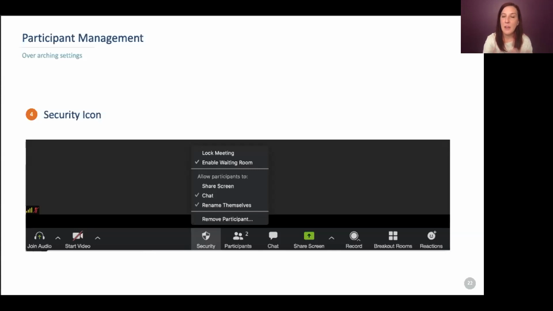So if you have somebody who's an unwelcome guest, you can send them out of the meeting by clicking that remove participant button. Again, I just want to reiterate, there's a lot of settings within Zoom. If you can't find something and you're in an active meeting, look at that toolbar at the bottom. That toolbar is your home base for all the things you could possibly need. The security icon will help you find ways to manage your participants. The participants icon pops everybody out, and your personal settings live within the audio and video icons to the left of the screen. Okay.